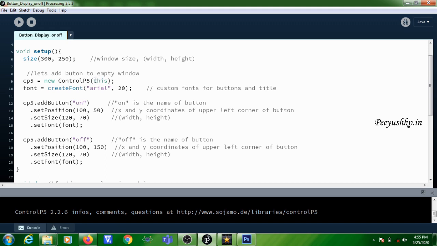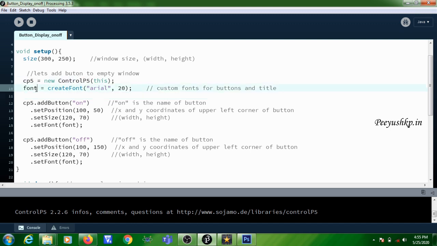It shows the parent form. That means you are going to create certain objects in this form or in this window, that is shown by the this attribute. So you are initializing the cp5 object, or all the attributes in the cp5 object, using a constructor known as ControlP5. So a constructor should have the same name as that of the class.